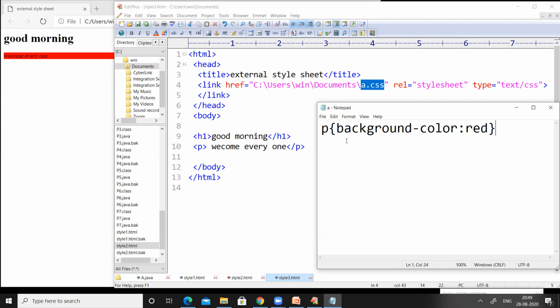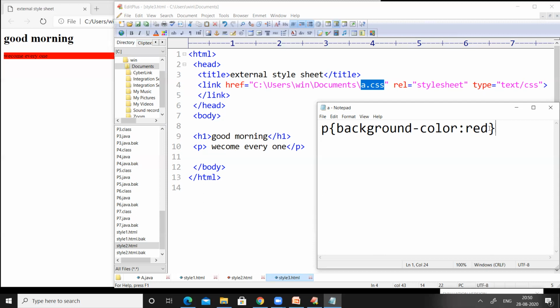That means we are going to apply red background color to the paragraph. That means P tag. That means whenever we use P tag in our HTML document, then the background of that paragraph will be in red color.